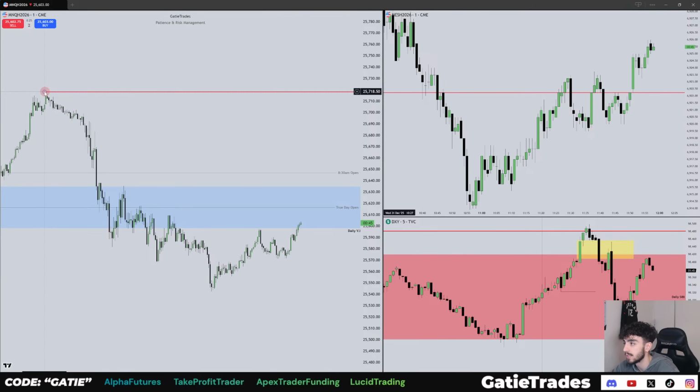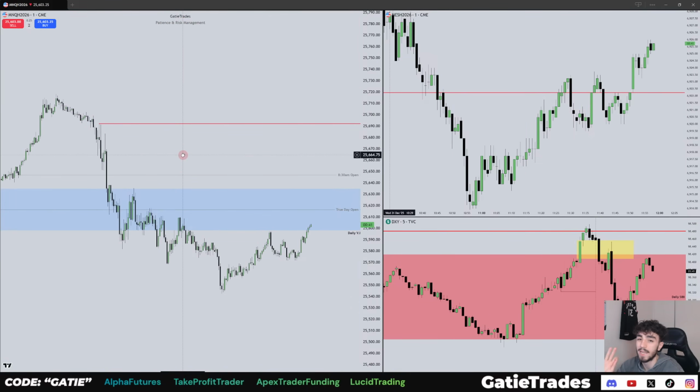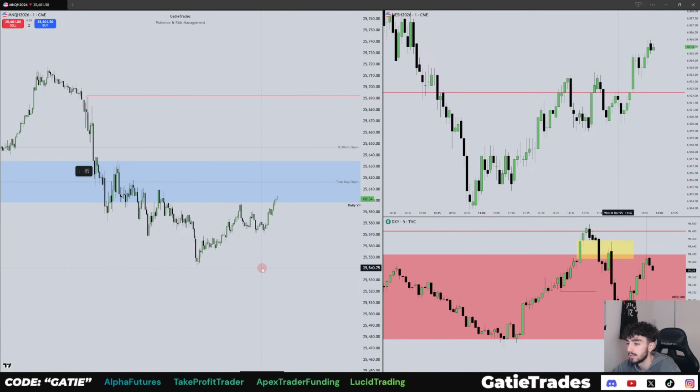But if you want to be specific, for example, this high right here, that's your AM session high. That's a key liquidity pool if you're bullish, right? That's your AM session high. This right here, that's your AM session low. If you're bearish, that's a great target. Then you can do stuff like this too. If you want to get fancy,